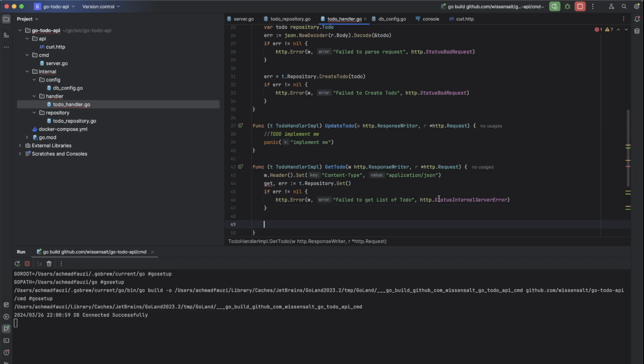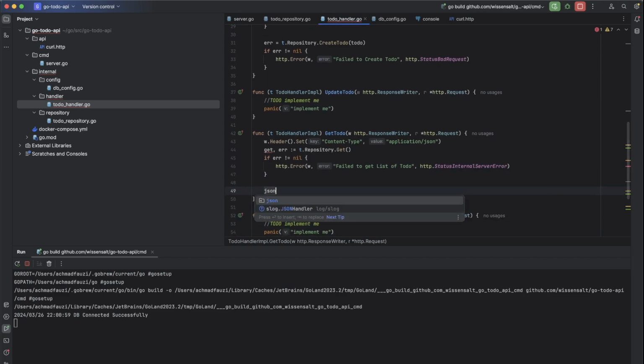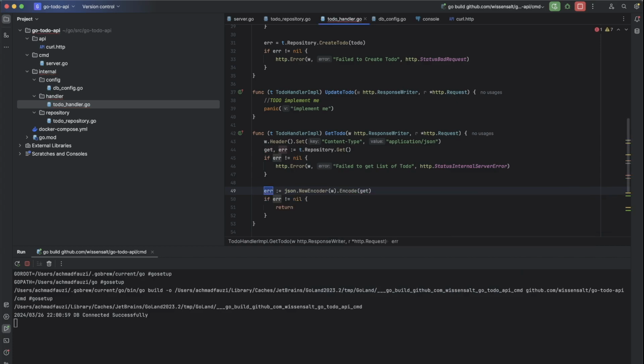Otherwise, we will print the response json.new encoder from the writer encode from the response, handling its error. If there is any error, then giving the response failed to return list of to-do.